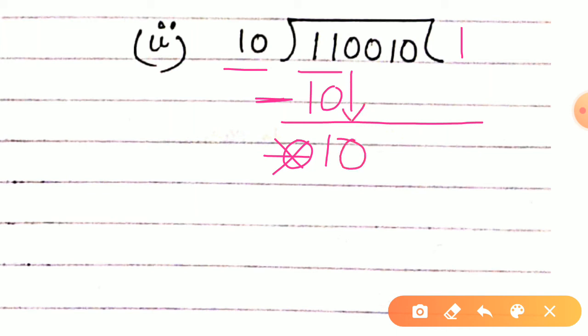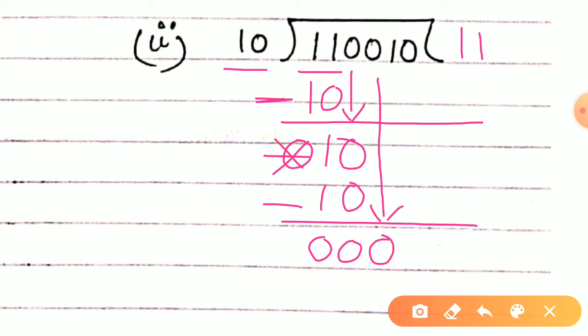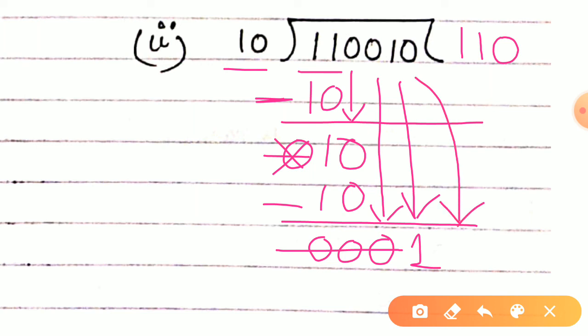So 1 0 you already have. Now the number is the same. If you multiply this 1 0 with 1, you are simply going to get the same number, that is 1 0. You have to subtract this one more time, you will get 0 0, right? One digit you have to drag downwards, that is 0. But we have three zeros, these are not suitable for us. So we need one more digit, that is 1, to be dragged downwards with a 0, right? So we have 1 with us. Now the left hand side 0 we will not count, so we are left with only 1. That is why one more 0 we need to drag downwards on the question portion.